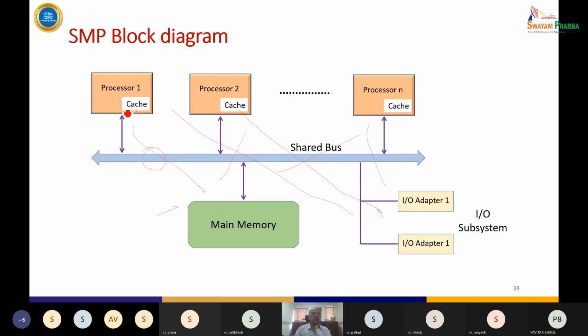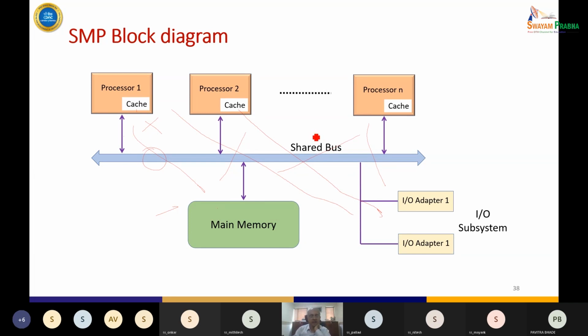Suppose processor 1 fails and the OS gets to know about it. Those processes that were running there will anyway be lost. The user may start them again. But if new processes start, it will not schedule them here, but in the remaining processors. So if there are 16 processors and one fails for some reason, the system will continue to function. Of course, something will be lost because what was running on processor number 1 is definitely going to be lost,